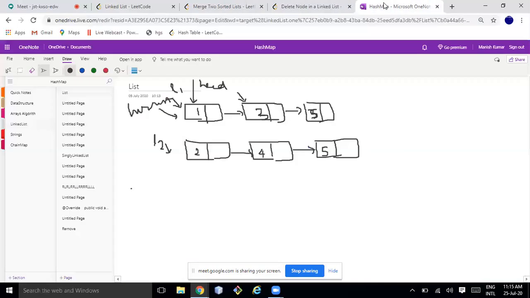So this is the current, and this will be pointing to this one. I'm just dereferencing. So this will be automatically closed and this will be pointing to this one.